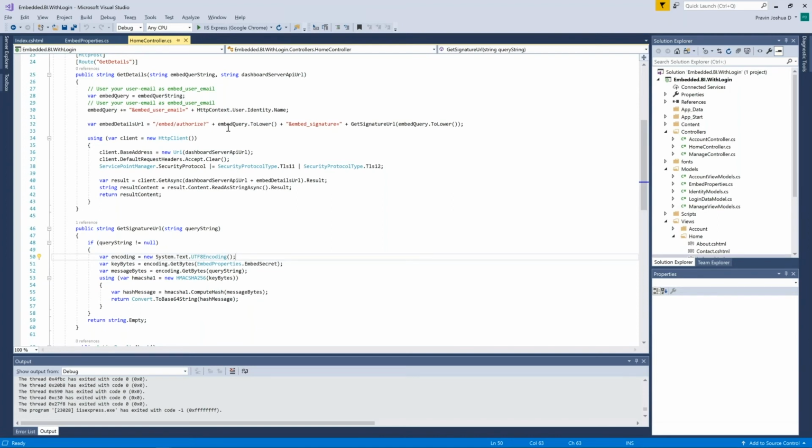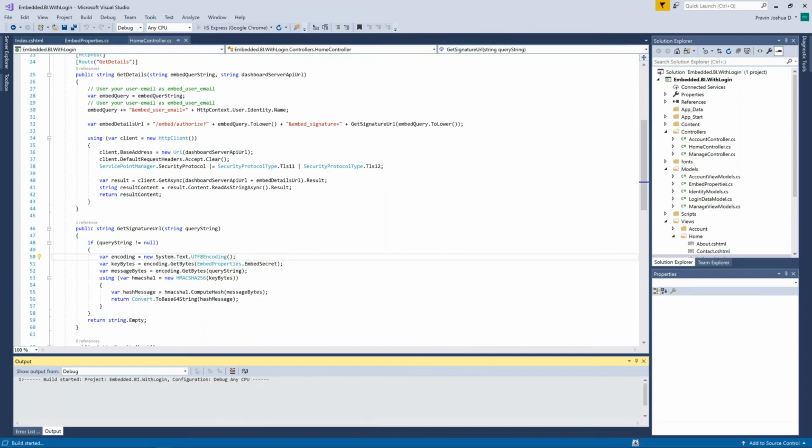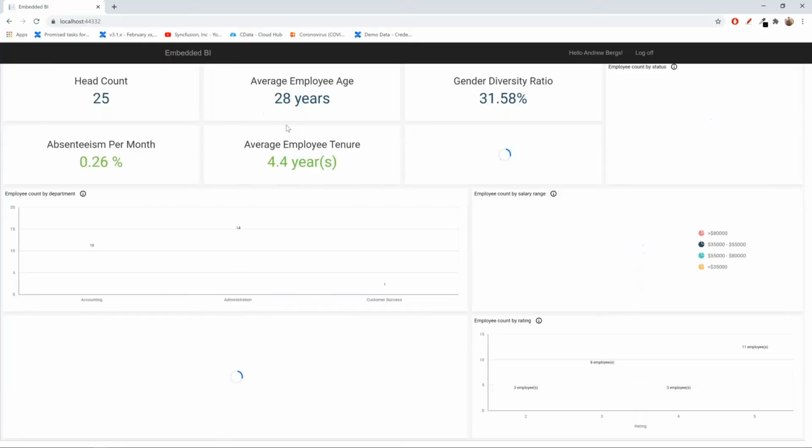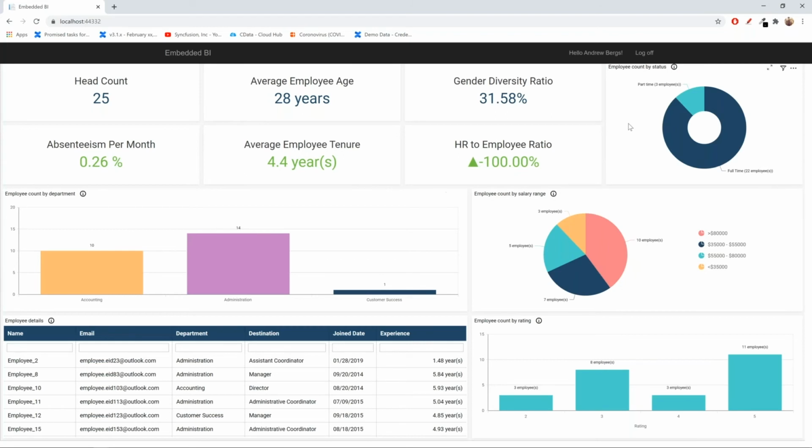Okay, so here in my application, I already have both the users that we configured before. Let me run this. And as you could see, I have just supplied the identity name of the user who logs in my application. Let me run the sample. Okay, you can see now the data is filtered for the particular user.